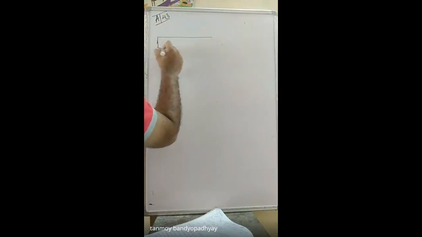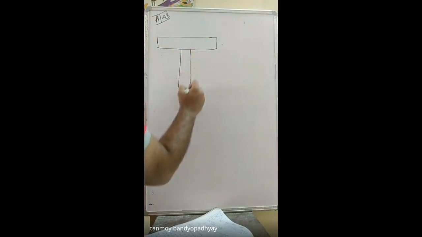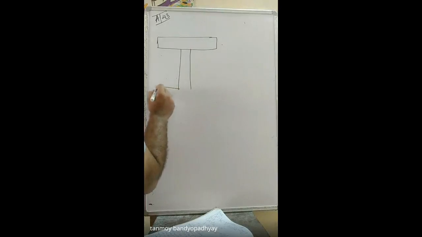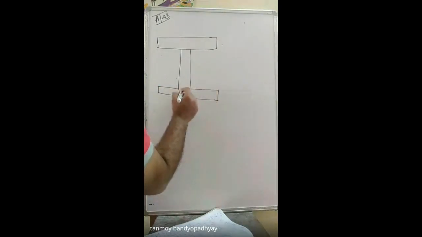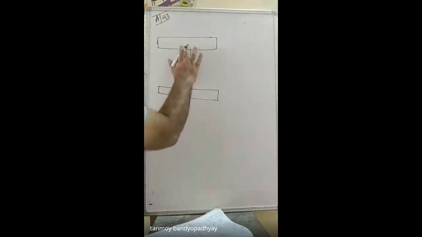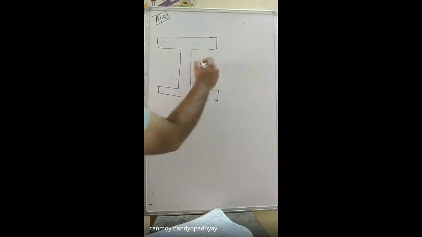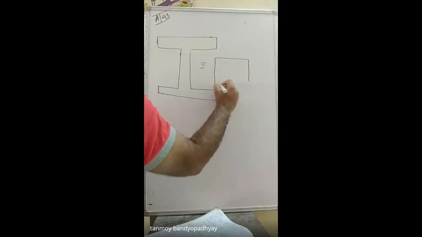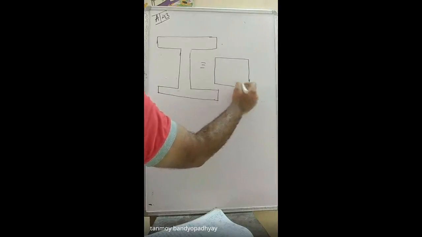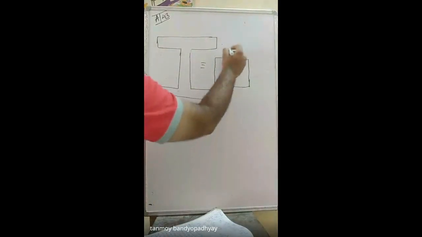The way you can divide it, you can arrive at your answers. So look at this, if you can observe this figure. We had broken it this way, so the I section was something like this. So what can we do? We can assume that initially it was a rectangle, a bigger rectangle. I am drawing it smaller just for your ease. Okay? So initially it was a bigger rectangle.